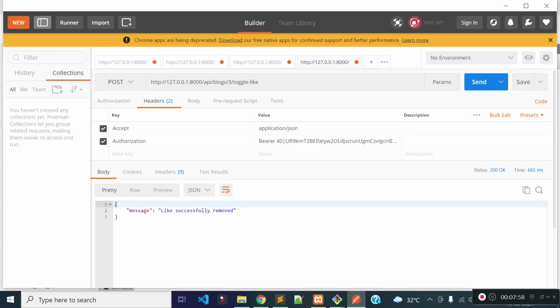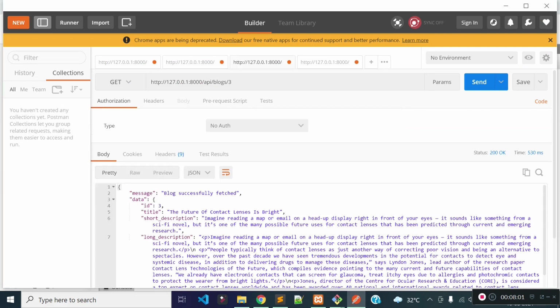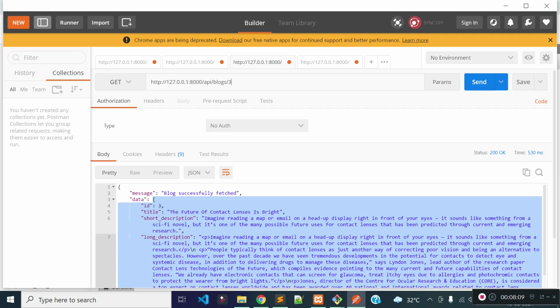Now I am going to modify our blog details API endpoint to add a key to this JSON. We are going to check whether this blog is liked by the current user or not, and add a key to this data object. This route is not protected, because a user does not need to provide an API token through the authorization header to access it. But if a user does provide an API token, then we can check whether this blog is liked by the currently authenticated user or not.